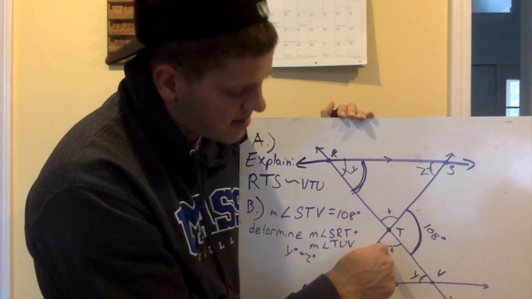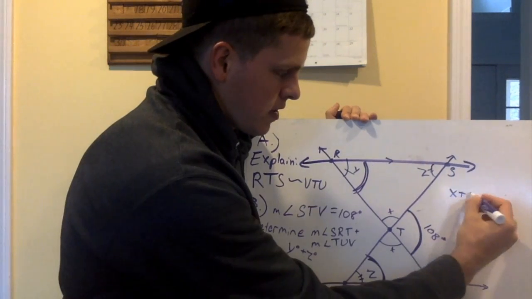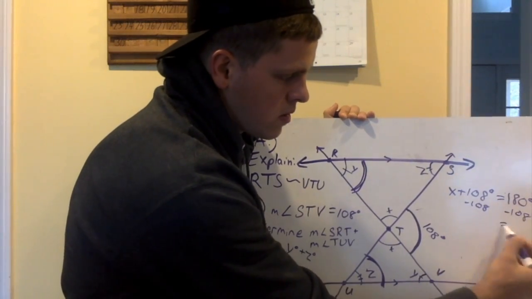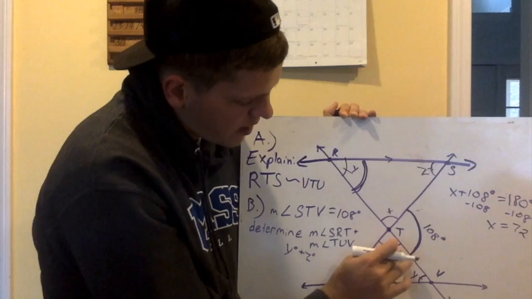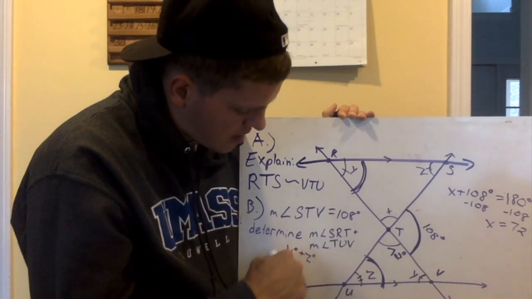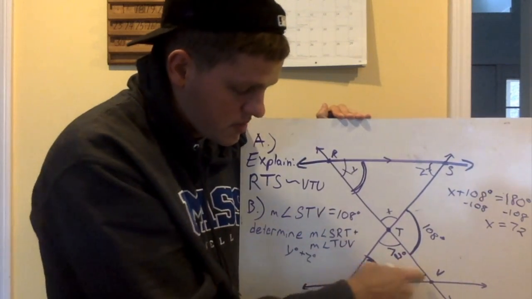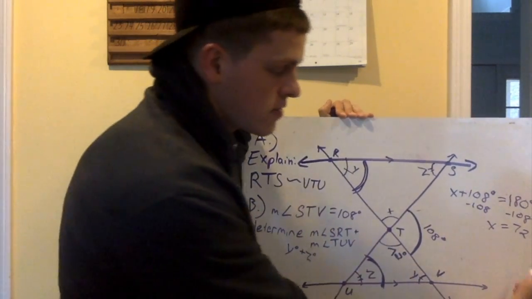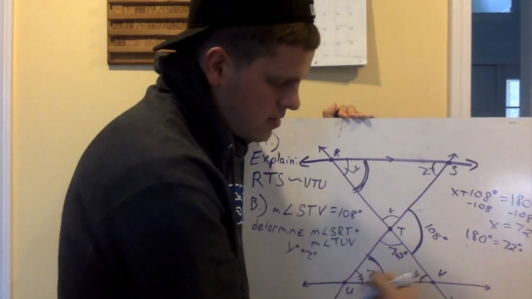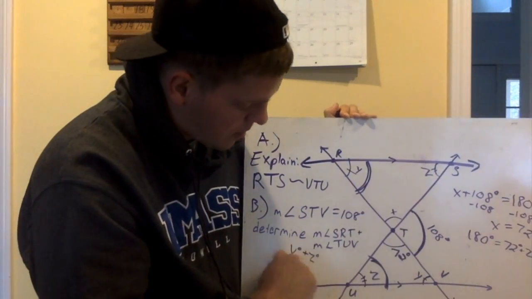I would see that X and STV right here are supplementary to each other. X plus 108 degrees equals 180 degrees. Therefore, X equals 72. So right here, I'm going to put a 72. Now, because I have that and I know that I'm talking about Y and Z, right here and here, or here and here, I know that together, all three of those make up 180 degrees. 180 equals 72 plus Z plus Y. I have the sum of Y and Z equals